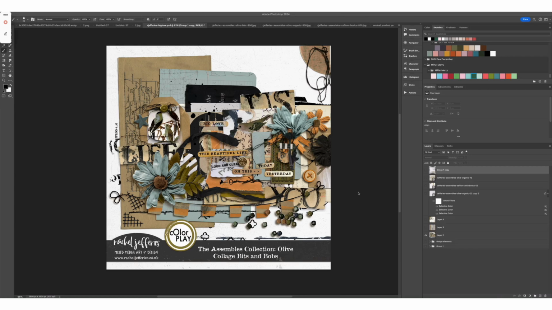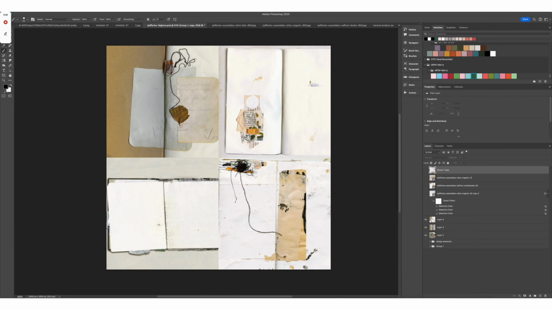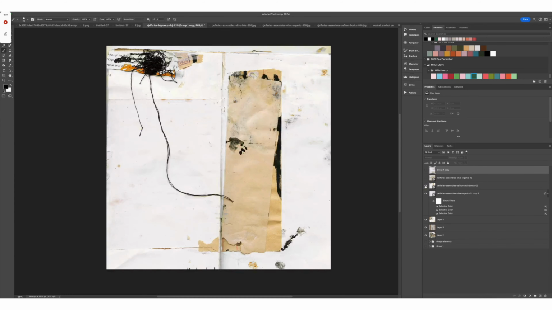Here to show you how to create some background papers of your very own by using some techniques that will help you manipulate in Adobe Photoshop. We're going to be working with pieces from the Olive Collage Bits and Bobs from my Ensembles collection, along with some pattern papers, the Saffron artist books. We'll be using this background paper. We will be borrowing textures from this paper,